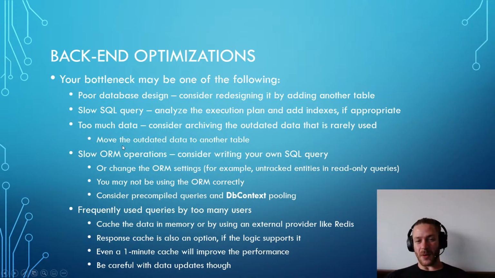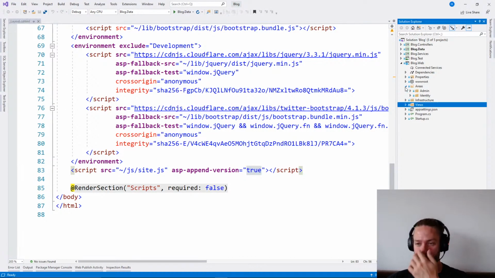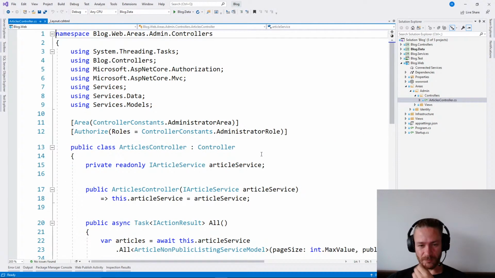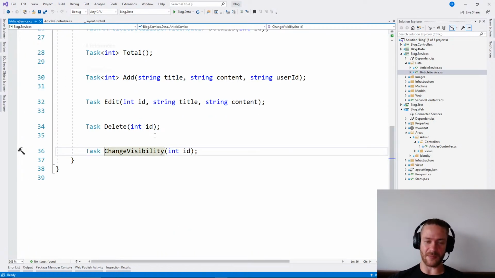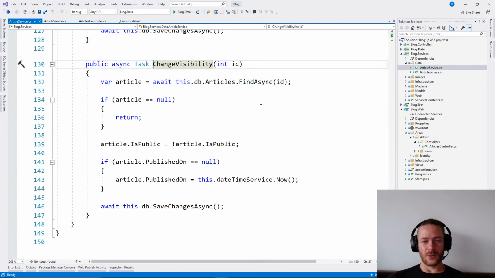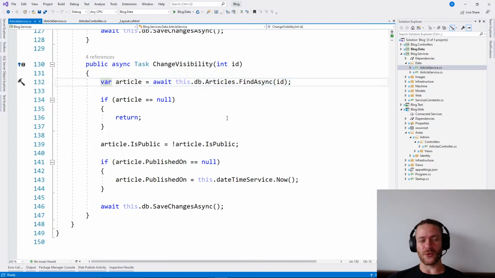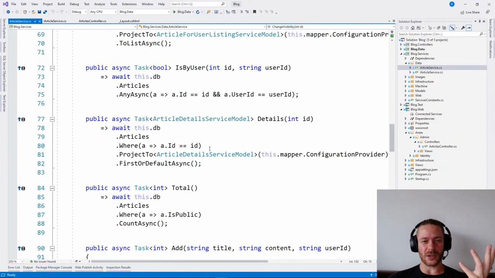The next problem we may have is slow object relational mapper operation. So how to notice that? If your code is using mainly Entity Framework, for example, or Dapper or something like that, which is an abstract code for writing queries,